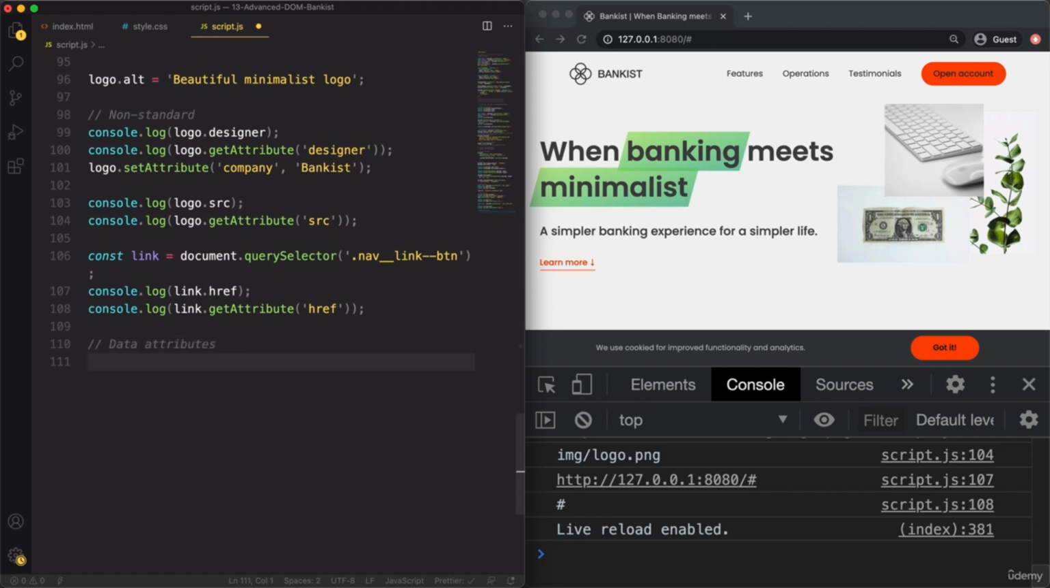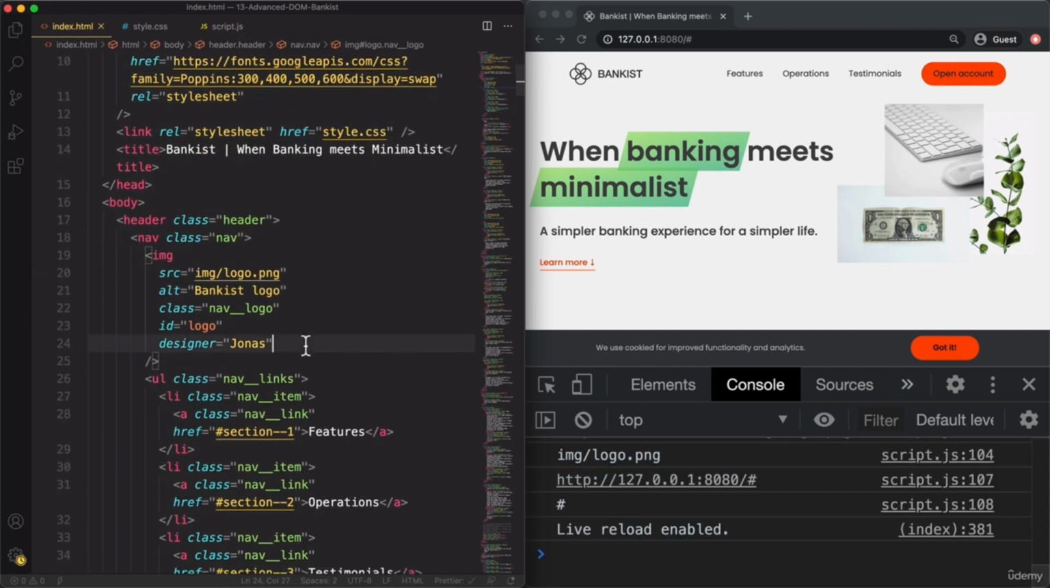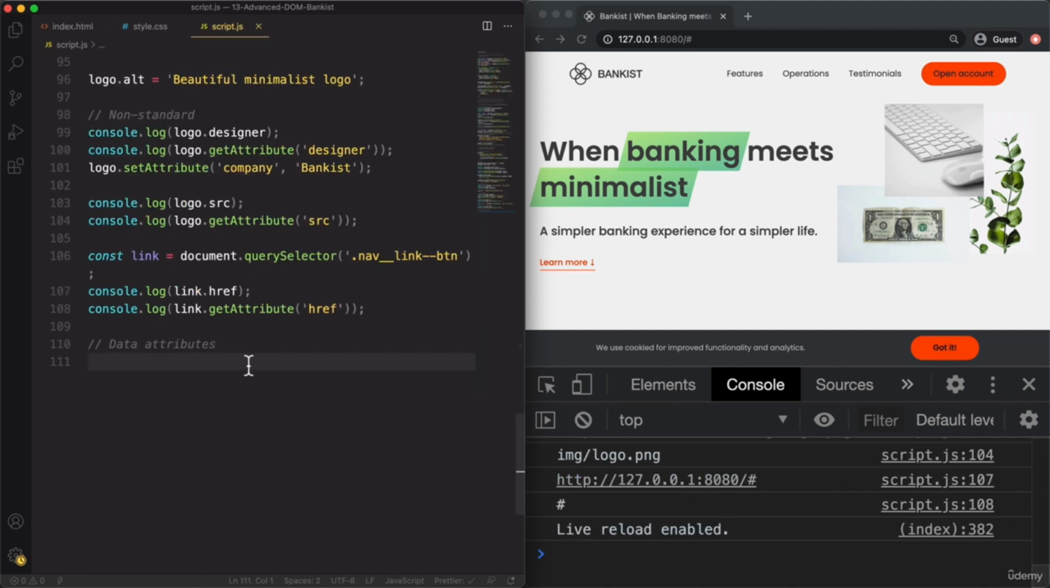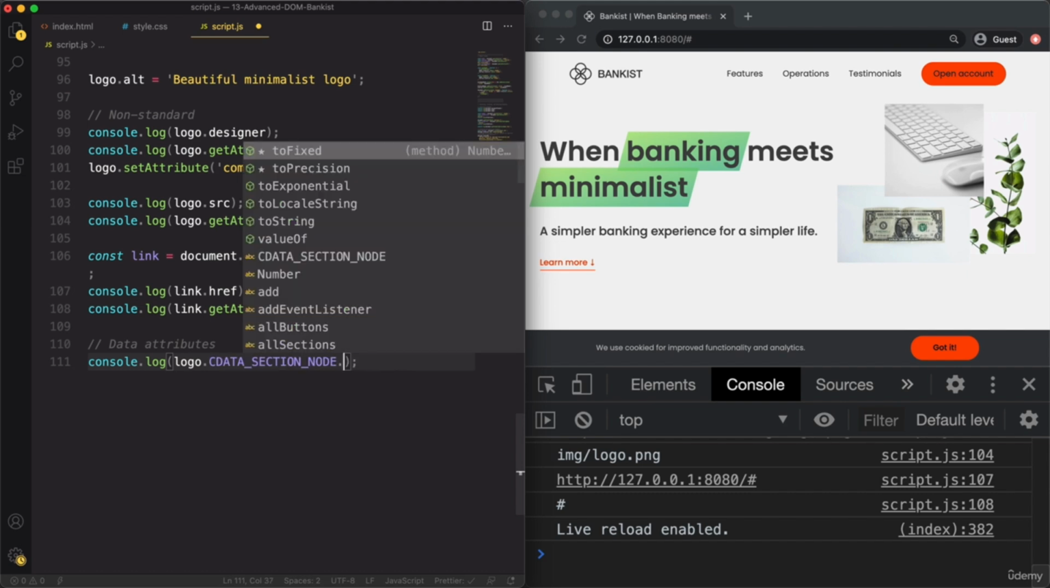And data attributes are a special kind of attributes that start with the word data. So let's add one here to our image. Let's say data-version-number equals 3.0. Okay. So again, it has to start with data, and then a dash and then whatever we want. What's special about this is that now this attribute is at logo.dataset and then .version